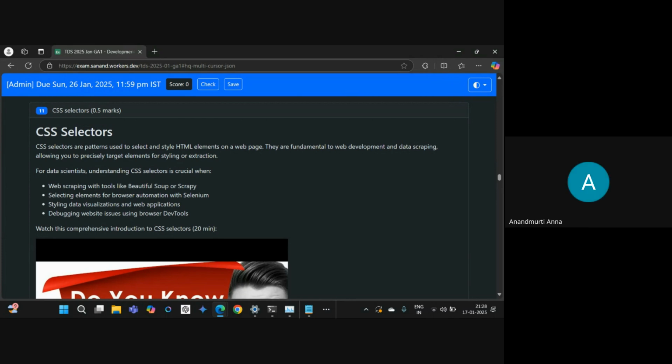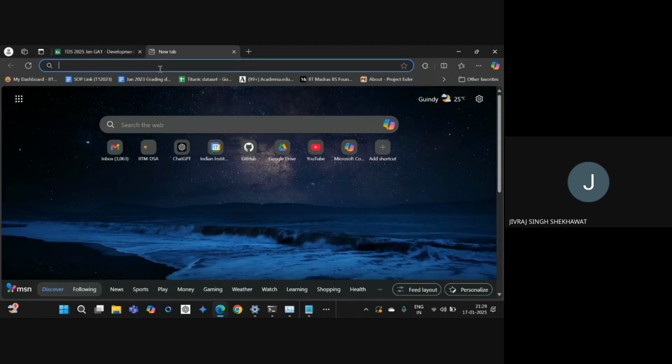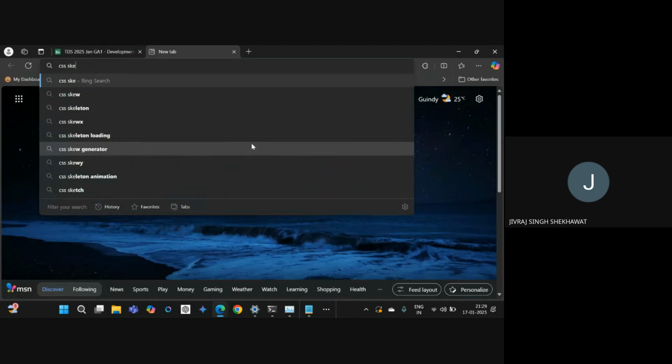So there were a few things mentioned over there. If you scroll a bit down, for example, these container and header, and what are these combinators? The one above that, the div. Okay, we'll do that. So if you go here,